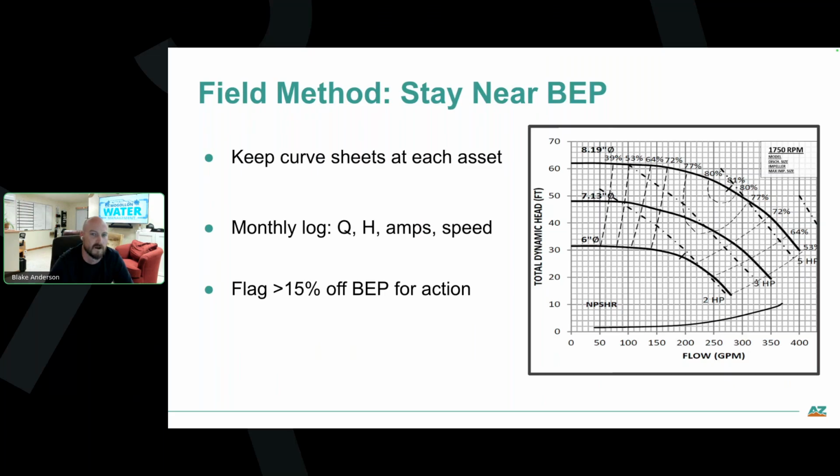And so a good rule of thumb is if you're 50% off that best efficiency point, that's at the 80% mark in there, where it's going to be running at its most efficient. See what's changed. And if you start to see that operating point drift over time, try to figure out what changed to make that happen.